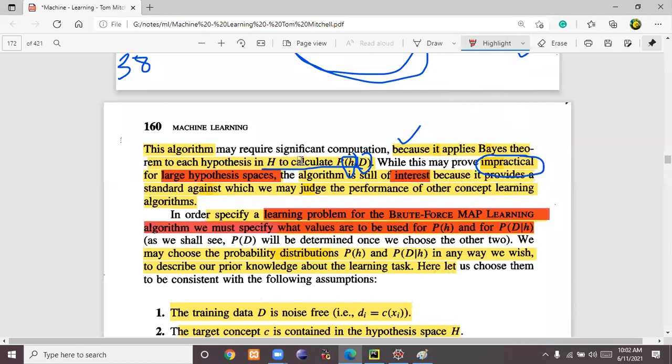Okay. These values will be determined. These values are important, these two: P of H, and P of D given H. In order to specify